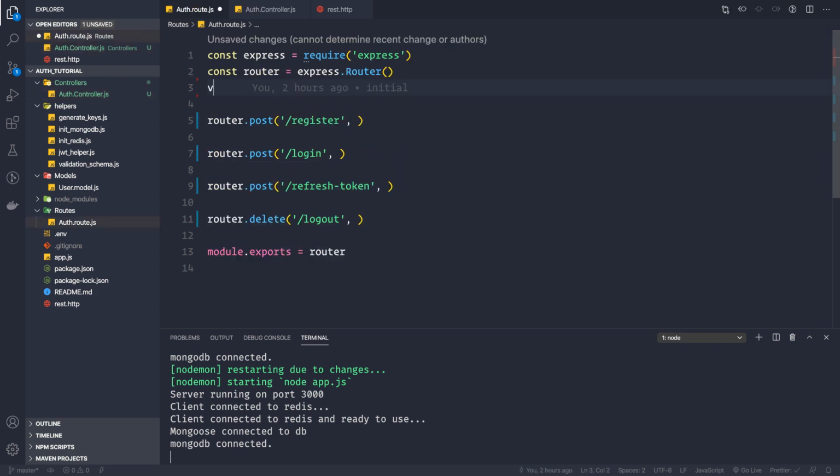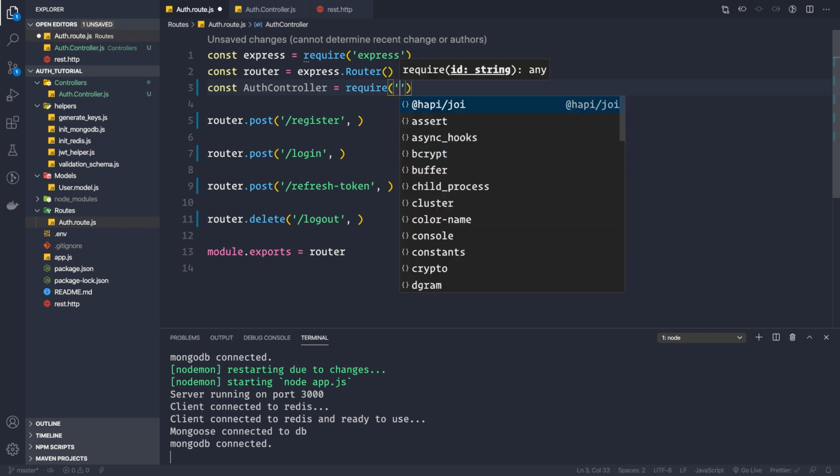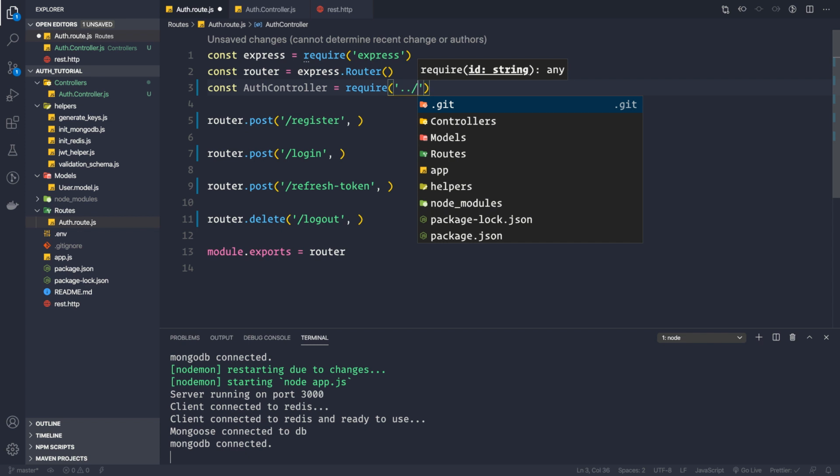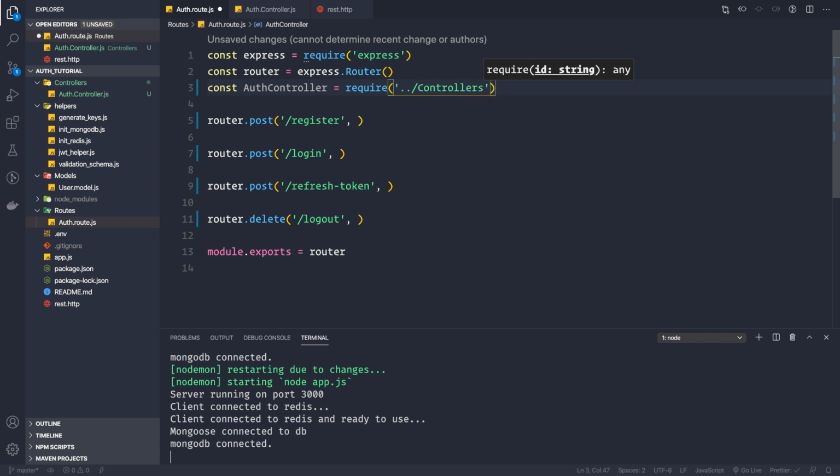So now let me require them in the auth_route.js file. I'll say const auth controller equal to require, we need to go up one folder to go into the controllers folder, and then require the auth controller file here.